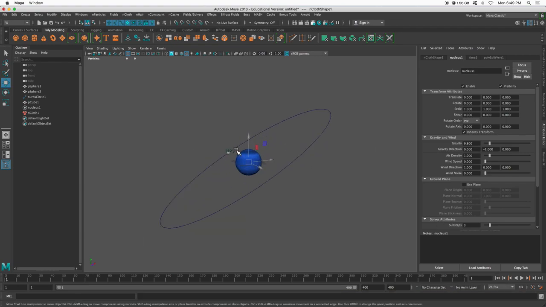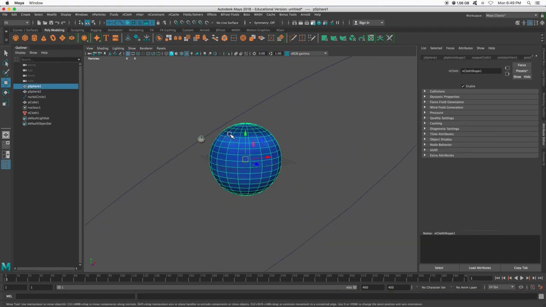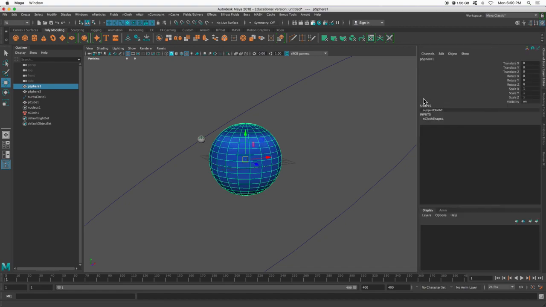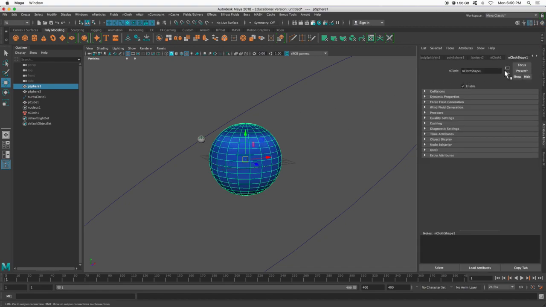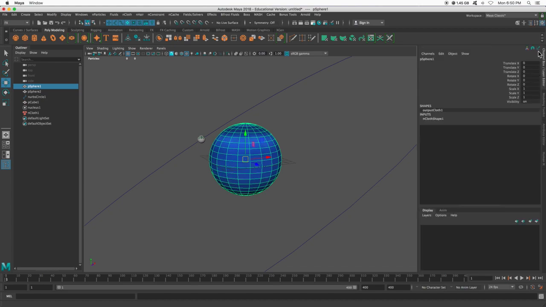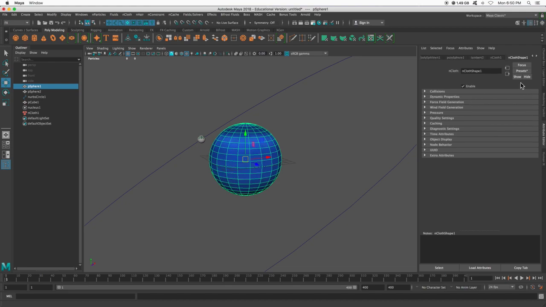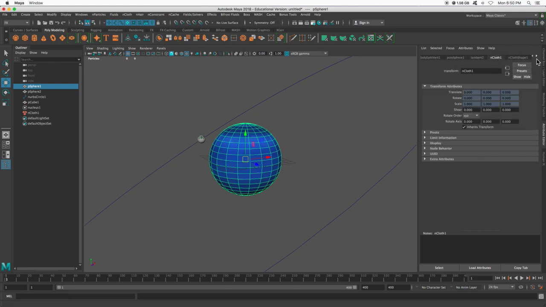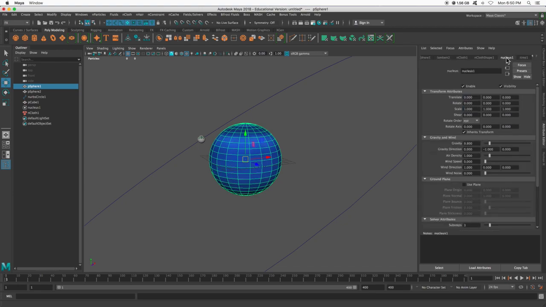I'm going to go back to frame 1, select my sphere, and in my attribute editor, if I press Control A, that'll take me to my attribute editor. So it switches between channel box and attribute editor. Control A, Control A. So I want my attribute editor. I'm going to go to my Encloth, and I want the nucleus here. So just keep hitting these arrows till you see nucleus. I'm going to take this slider on gravity, make it 0. So now I'm going to press play. Nothing's going to happen